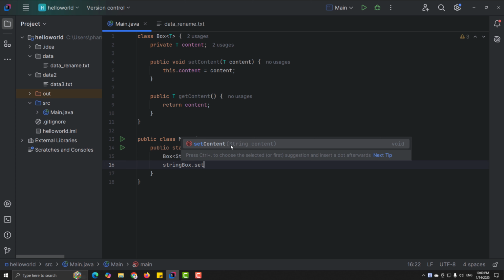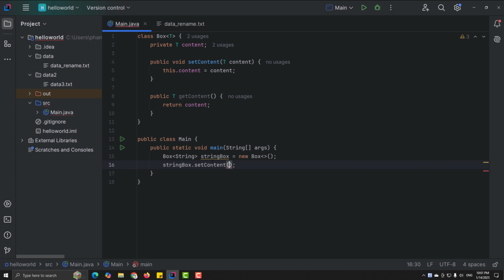You can see here the method now will receive a parameter with a type String. Content, and here I can put hello generic,